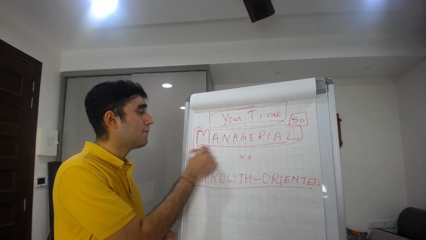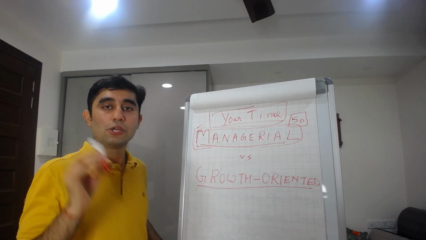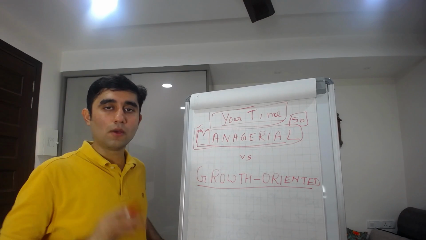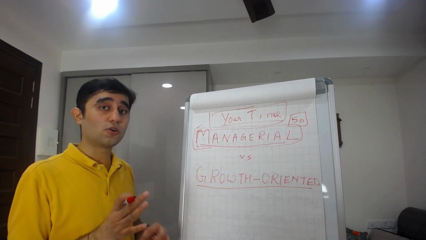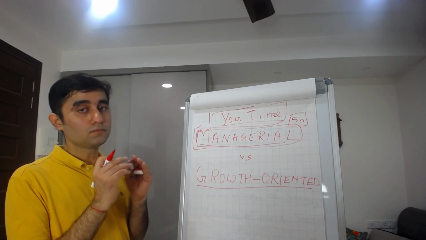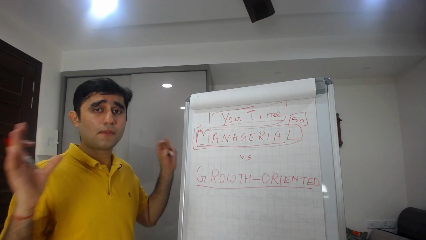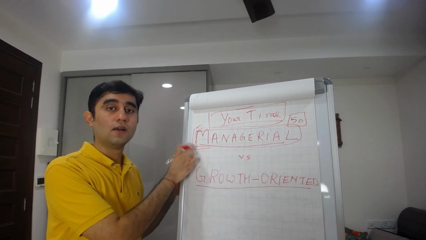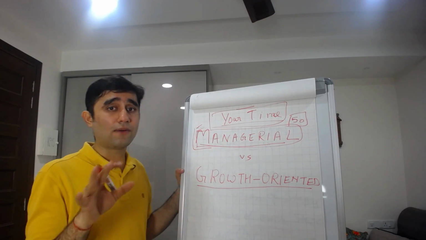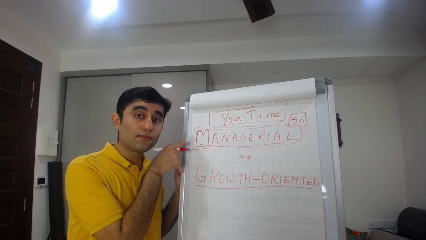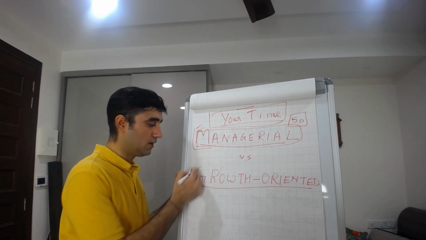Now, this is a trap which you will not be able to come out of until you define processes. You have a CRM through which you're able to handle the lead inquiries. You have a task delegation tool with which you are able to delegate tasks to your team and the system automatically follows up with them on an everyday basis. And there are many other technologies which can help you get rid of these managerial tasks. What it requires is just you spending 5 to 6 hours a week, and you can get rid of this headache. This is one of the biggest traps of your life, which is called managerial tasks.